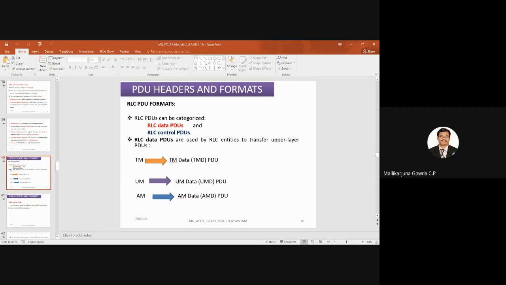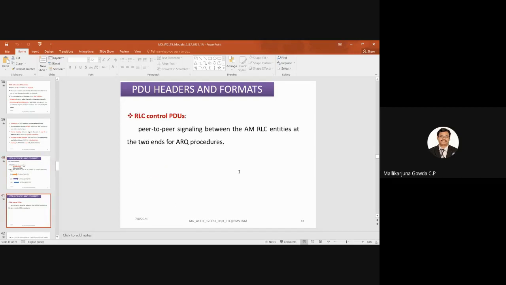So in RLC, one is transparent mode, right? So TM data PDU will be there. Then based on UM mode, we will have UM data PDU. Then based on AM mode, we will have AM data PDU. So these are the three different types of PDUs in the RLC data PDUs.